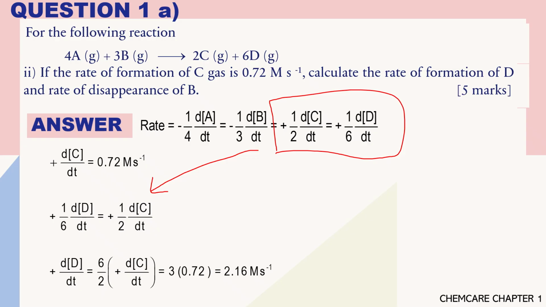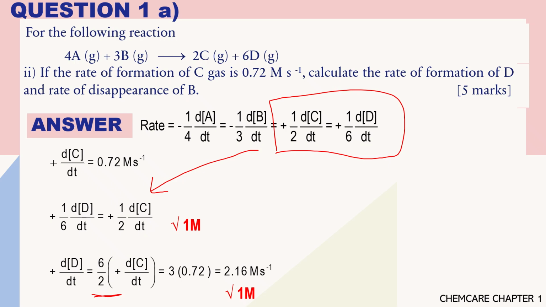So the final answer is 2.16 M s negative 1. So make sure you move the coefficient to the side that with the dC. So the marks is given for the relationship between D and C, and then the final answer with unit in